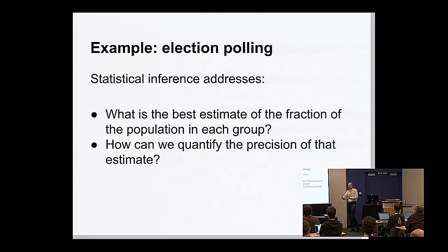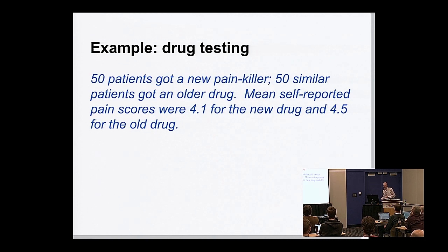What you can say about the population is an estimate of what fraction of the population will vote for each candidate, and you also want to quantify the precision of that. So rather than say 53% period, you'd like to say 53%, and based on my methodology, I believe that that might be plus or minus, let's say, 4%. And that plus or minus that you hear when people report poll results is a measure of precision. One of the things we'll talk about today is exactly what that means, what kind of error that includes, and what kinds of errors are not taken into account when people report precision in that way.